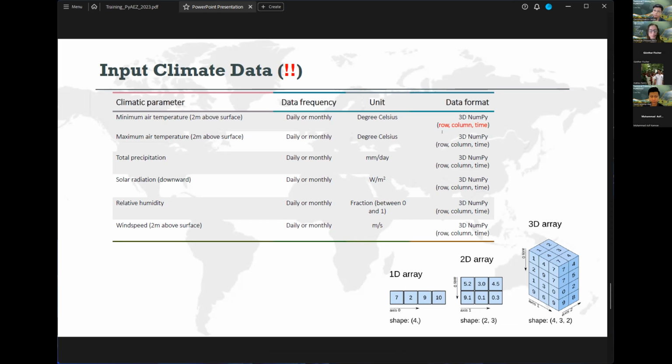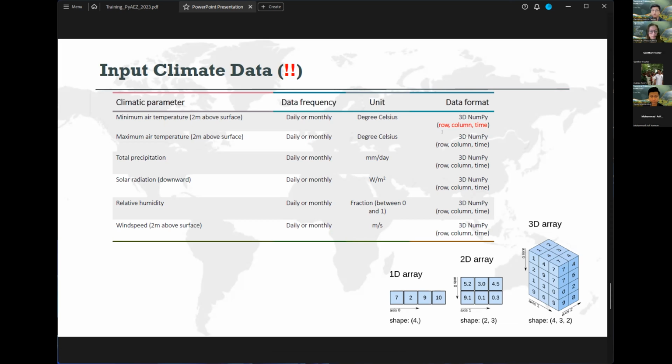It needs to be row, column, and time at the end. But the modern day NetCDF file for all the climate data would be the other way around. They tend to have the date and time first, and then row and column.